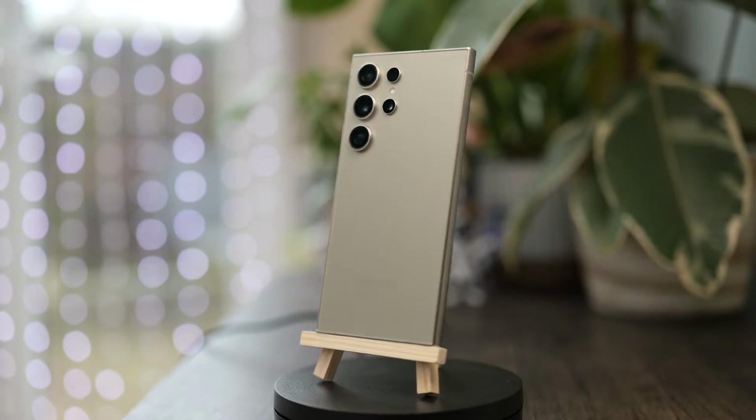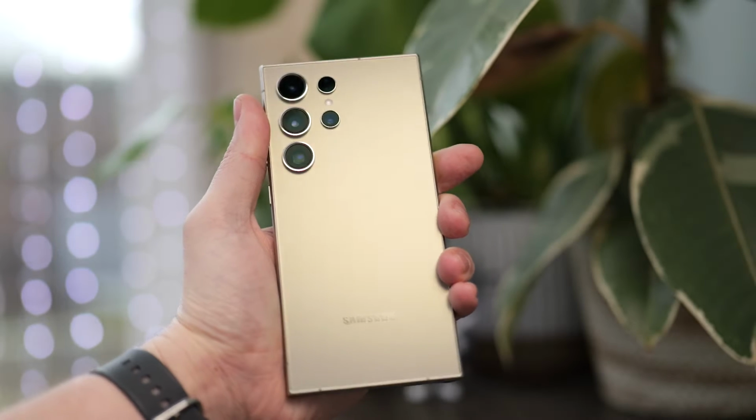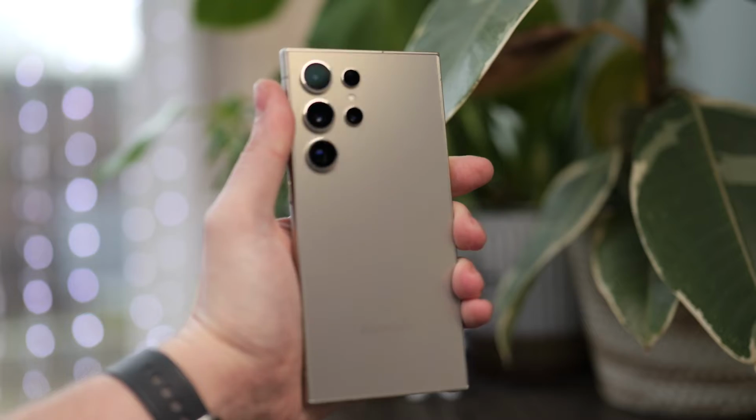So I just thought I'd make a quick video to go through all the video options available to you on the new phone. Just like with the last video, this isn't a review and it's not a showcase of the camera capabilities either, but I will be comparing the X100 Pro to the S24 Ultra in an upcoming video, so